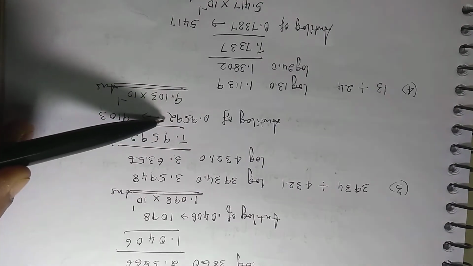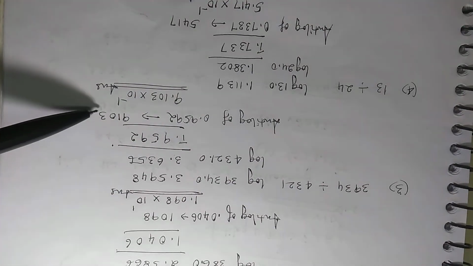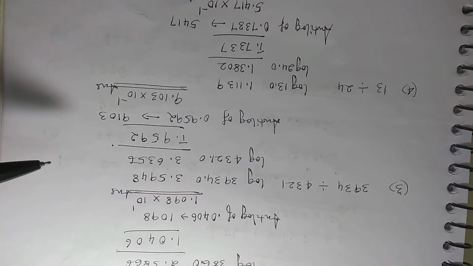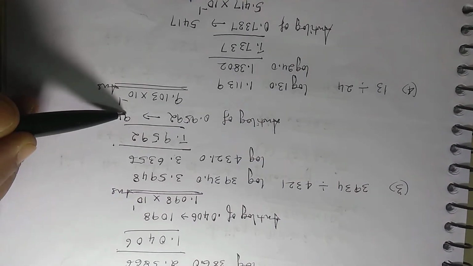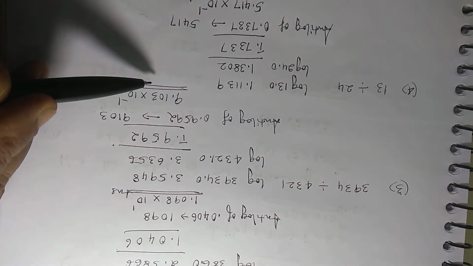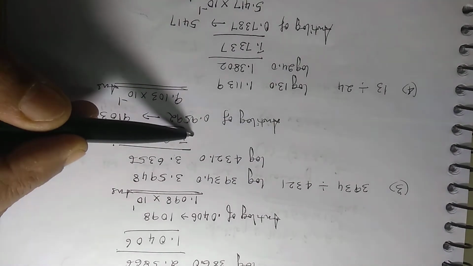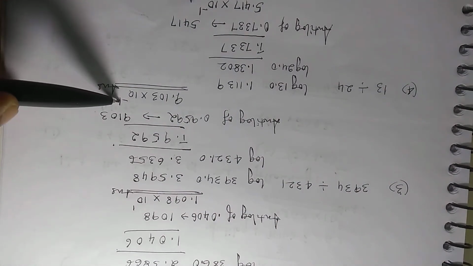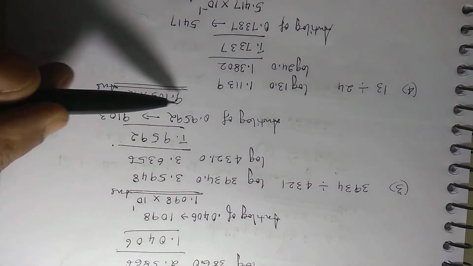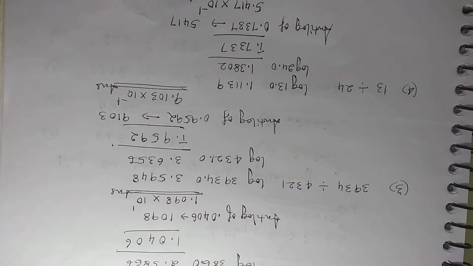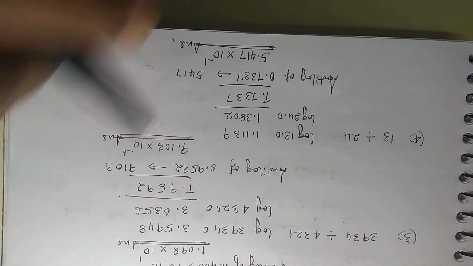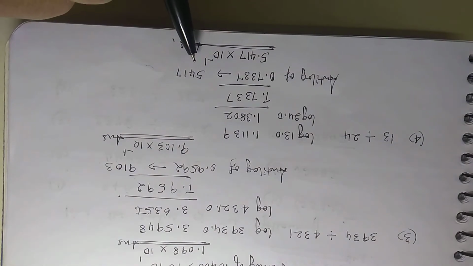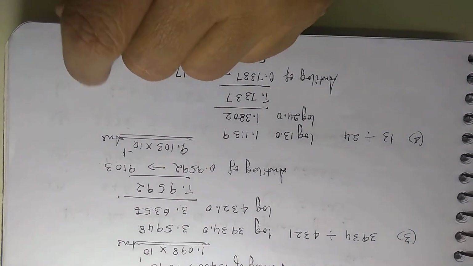Find the anti-log of 0.9592. That is coming out as 9103. The same way you have to proceed. Now after the first digit, put a decimal, 9.103, and whatever number you have, put it in the form of 10 to the power that number. 10 power minus 1. So that will be your answer. You can check it through your calculator. So I've given you two examples just to make you understand clearly how you have to go about. Right? Okay.